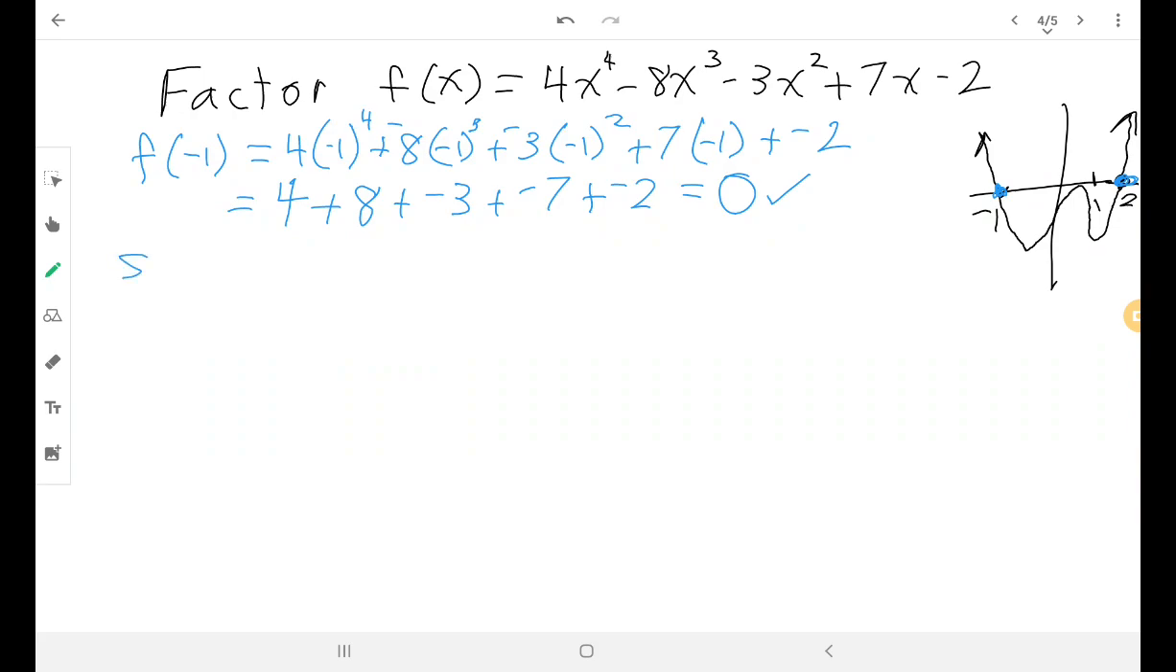So x equals -1 is a solution, or root. Okay? So that is super helpful,